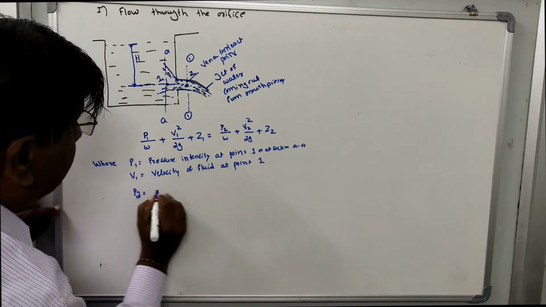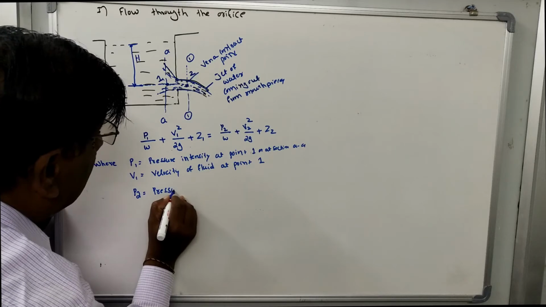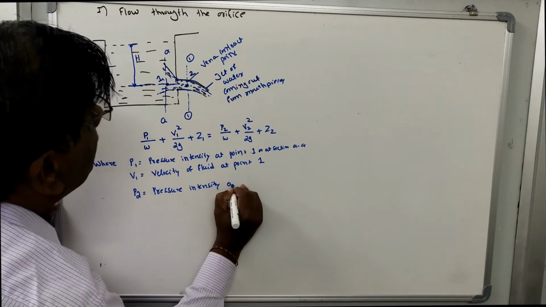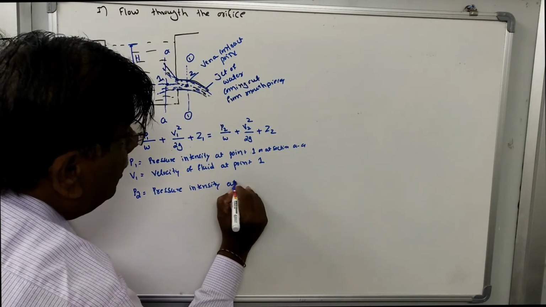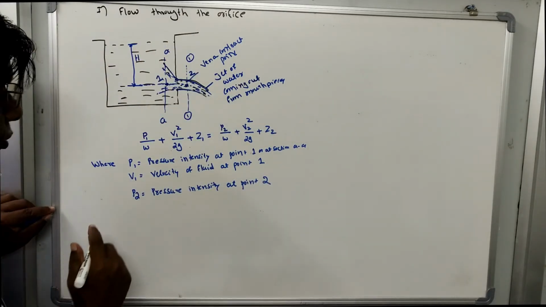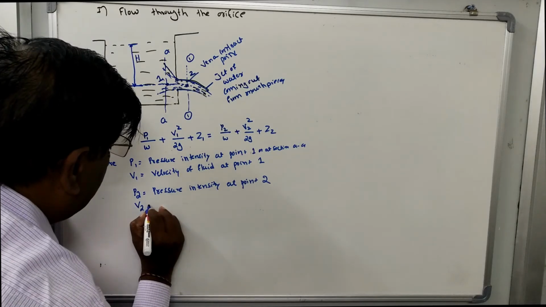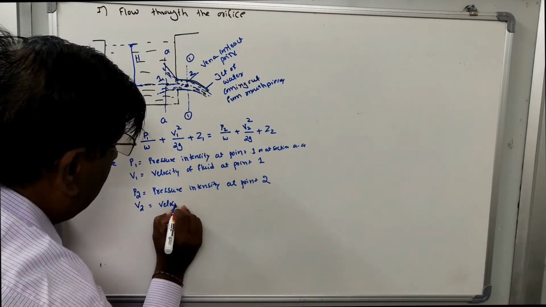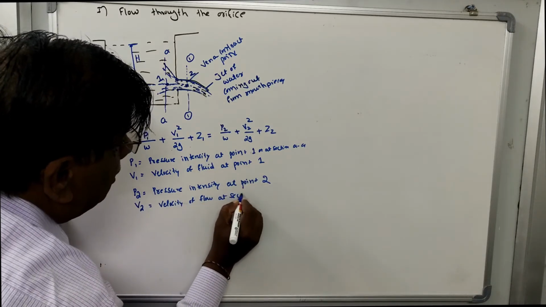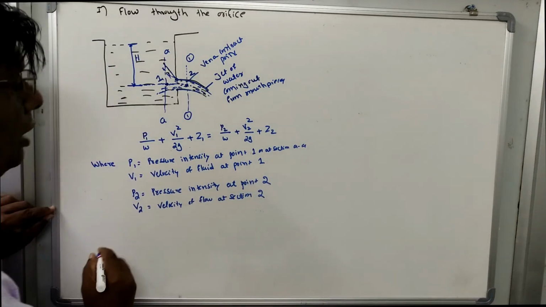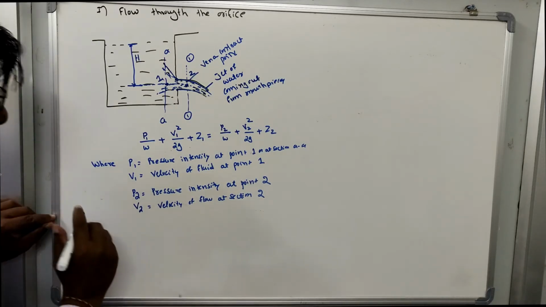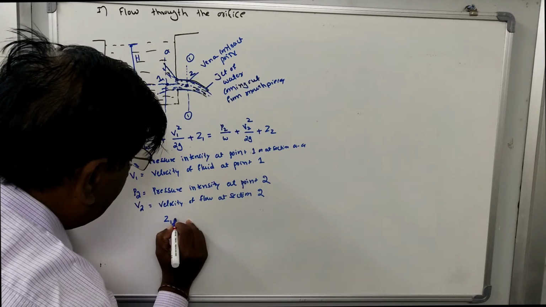P2 again is the pressure intensity at point 2, or at the vena contracta, taken at section 2-2. Then V2 is the velocity of flow at section 2. Now taking the center line of the orifice itself as the datum, you have Z1